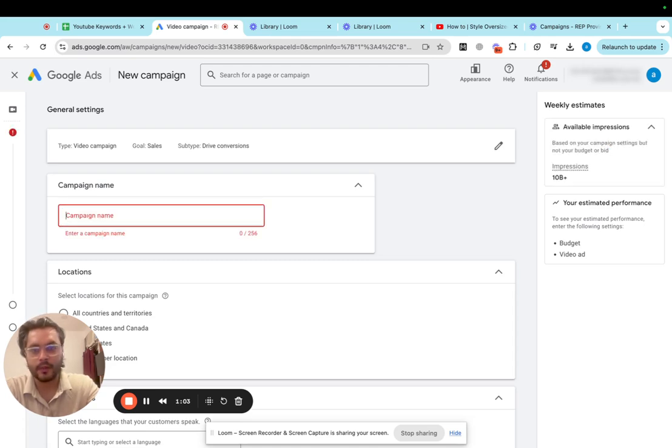Google will ask you to name your campaign. So how I do it is I start with the date just to keep track when I launch the campaign. So we'll start with the date here, followed up by